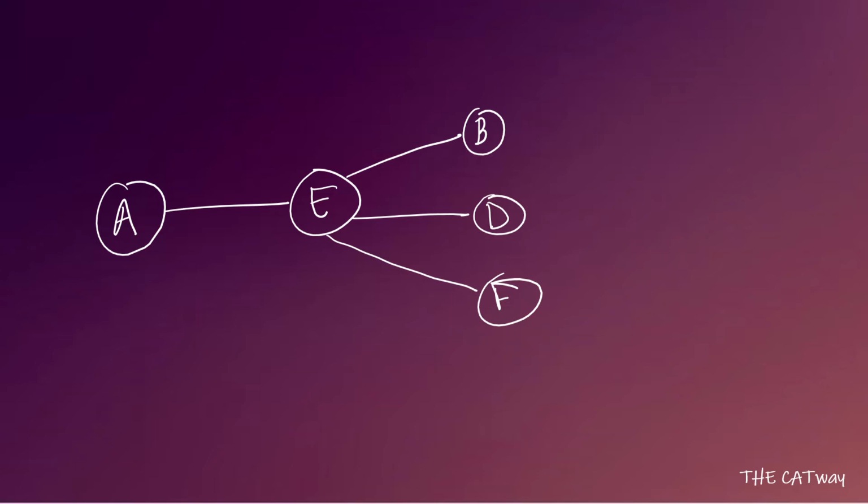After that, we know that the distance between A and B is one city. So that city is definitely going to be E. So that means B is connected to E. After that, we know between A and D there is one city. So D is also going to be connected with E, because there has to be only one city, and that city can be E. Between A and F also there is only one city, so that means that city is also going to be E. So this much is clear.